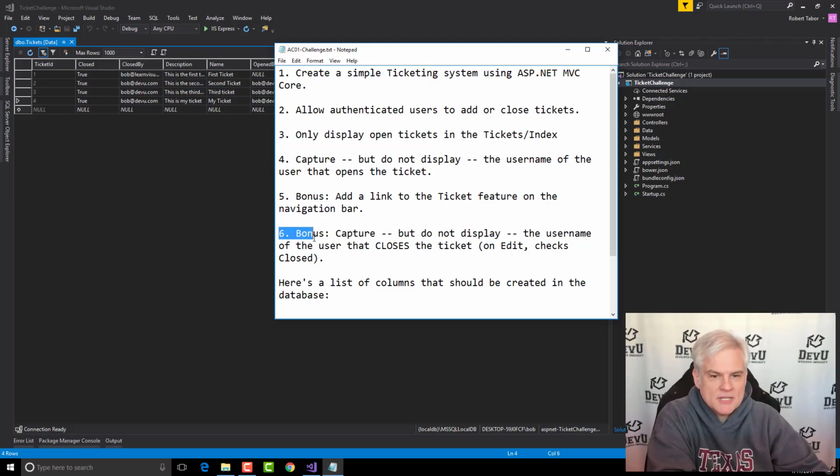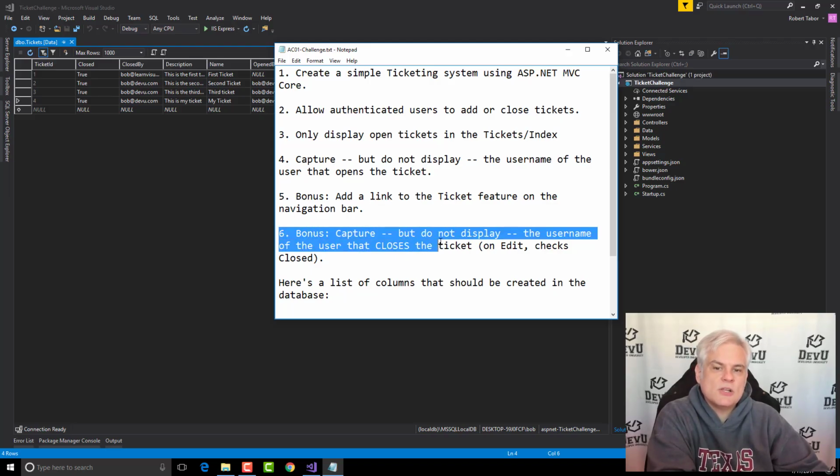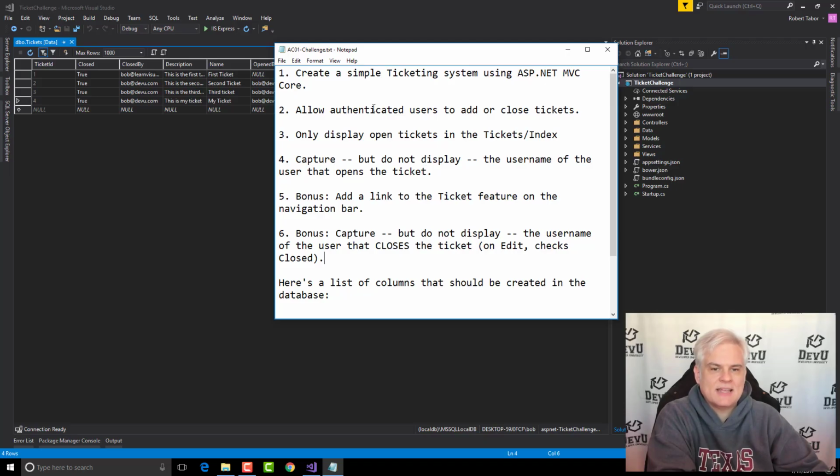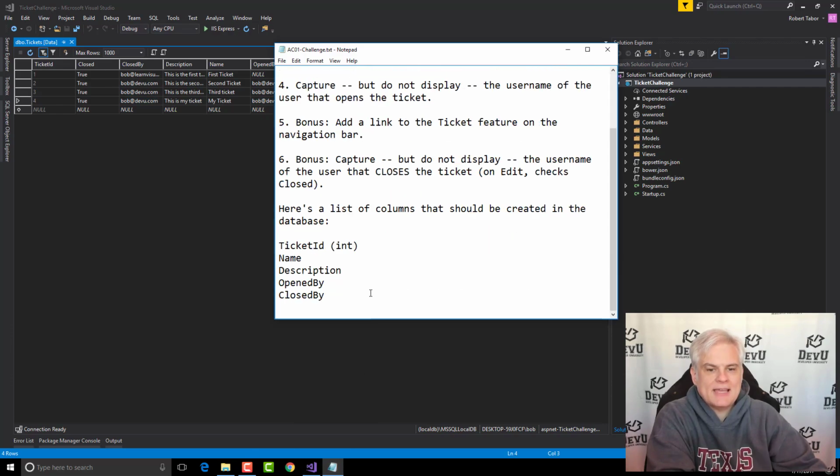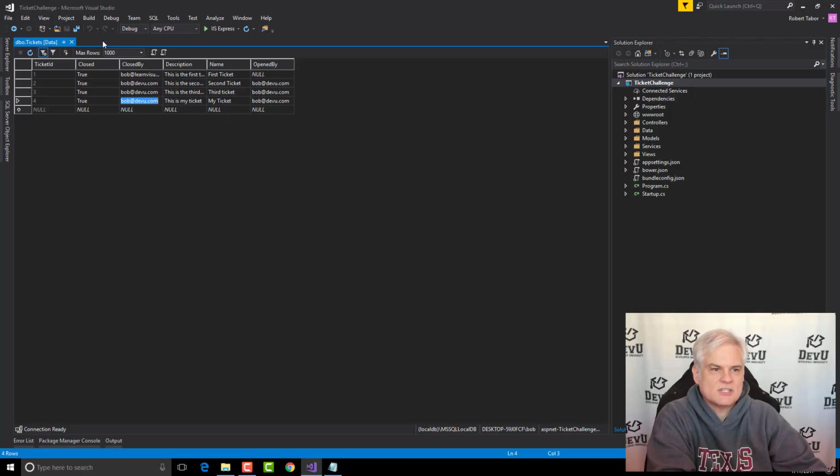And then as a bonus, whenever somebody closes the ticket, so they click the edit link and they check the close checkbox and hit save, then it should also record who closed the ticket in the database, but you don't display it anywhere. All right. And I give you a list of columns. So all of these are strings except you want to use ticket ID for the primary key, and it's going to be of type integer, and then closed will be a Boolean, and you can see it's just true or false. And when closed equals true, you don't display it in the listing page,